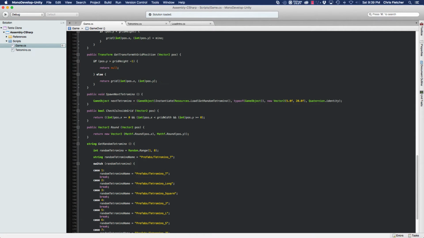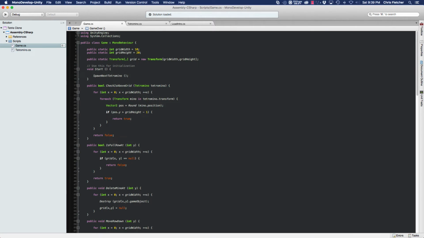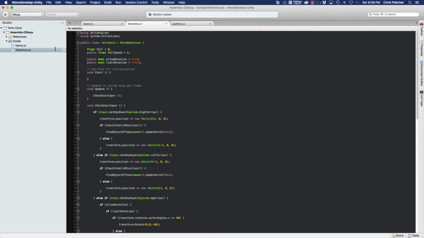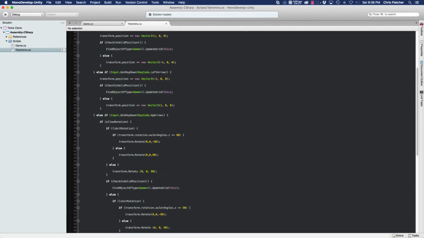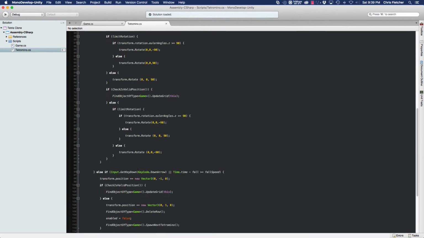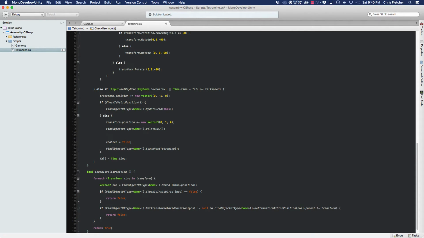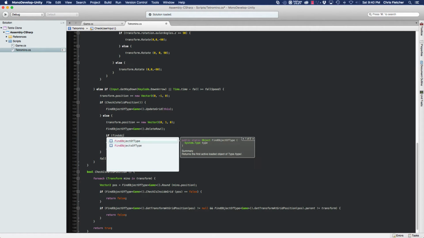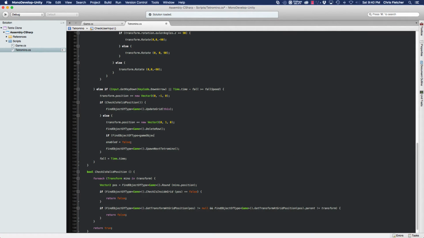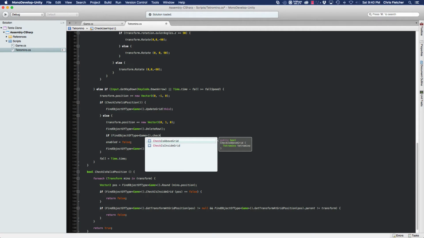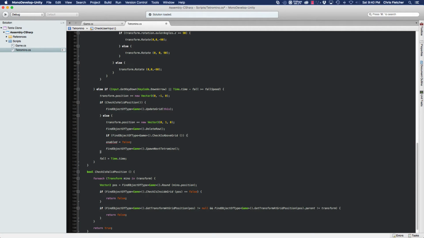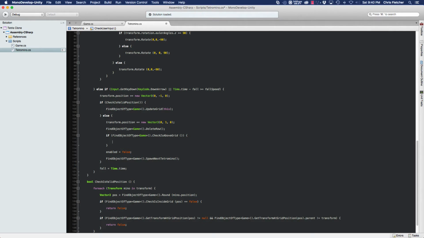Okay, so now we've got these two methods created. We can go ahead and jump over to our Tetramino class, and we can put it right here after DeleteRow. We'll go ahead and do a check, FindObjectOfType. I want the game class, and we want to call CheckIsAboveGrid, and if that returns true,